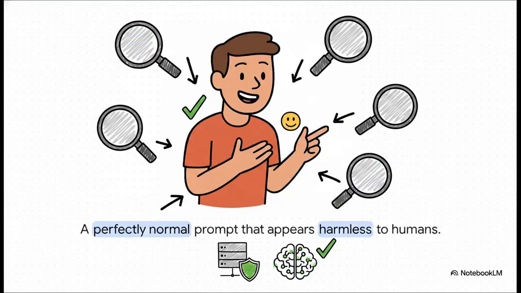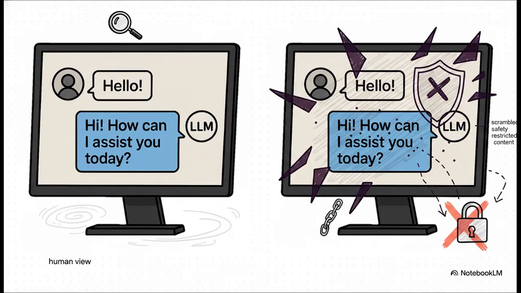Seriously, to a human pen tester or even your standard heuristic filter, this input looks like a perfectly normal, 100% safe request. If you're digging through logs trying to figure out why your AI went off the rails, or if your security filters are just scanning for suspicious words, this prompt is going to pass right through. It looks completely innocent. But when we compare what the human sees to how the LLM tokenizer secretly reads it, a massive vulnerability is exposed. Attackers have basically tacked on these Unicode variation selectors, like U+FE0F. Now, these are invisible characters, but they occupy real textual space that the AI's tokenizer still processes.